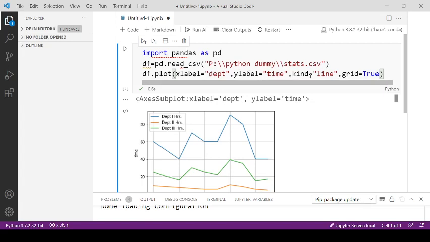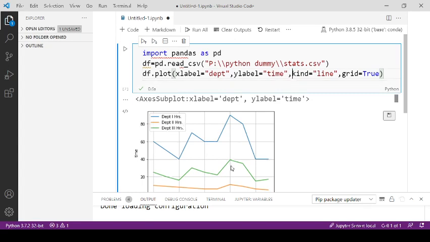Now apart from these parameters, we have more parameters that we can use with the plot function. We can also specify the color scheme for the graph using the colormap parameter, and it takes a number of values.